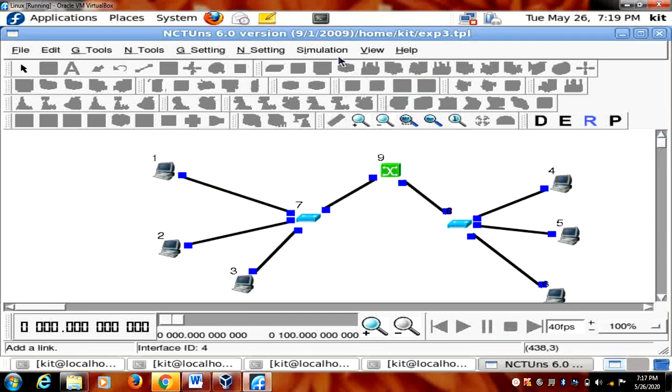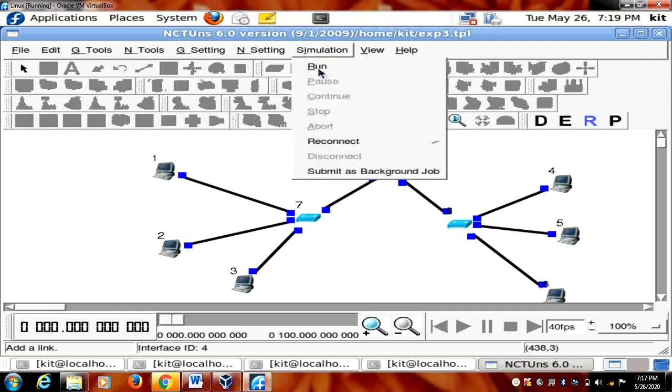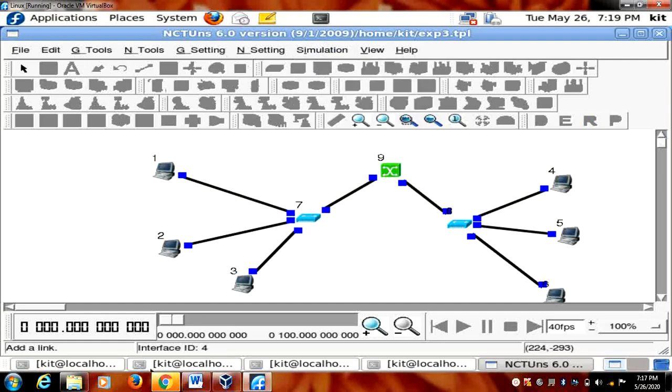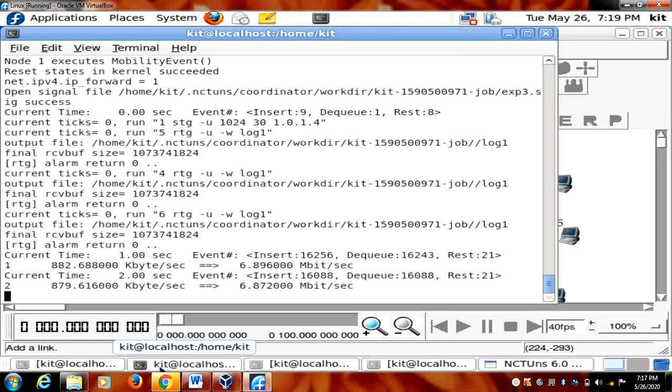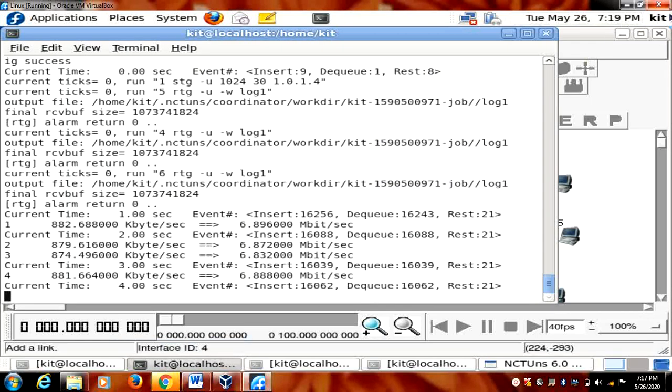Okay. Let it eliminate this one. It's running the thing. You have to wait for that.